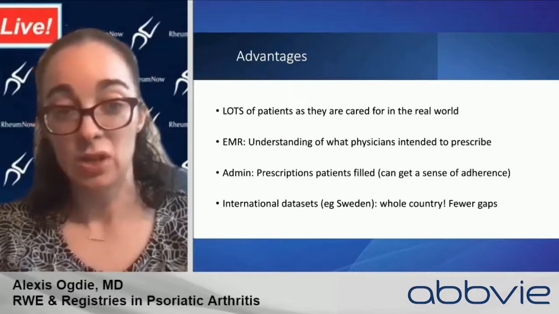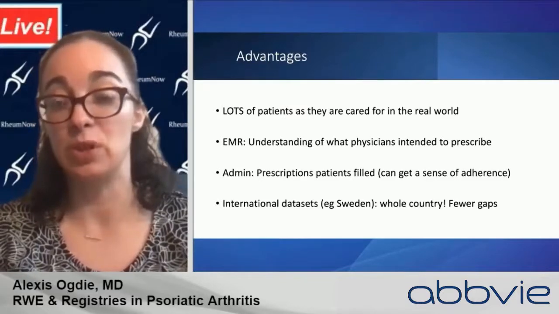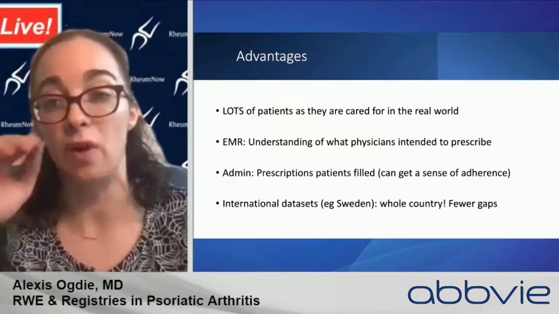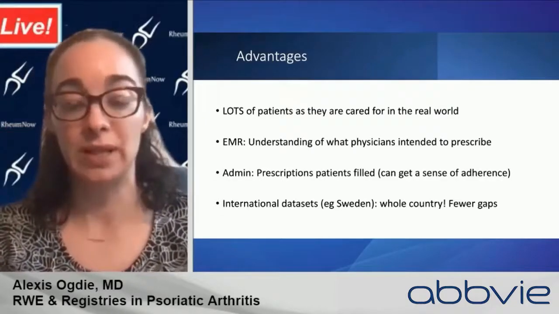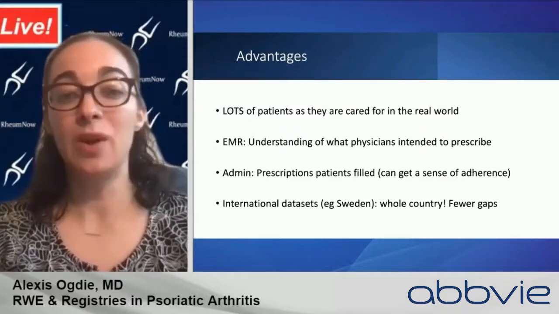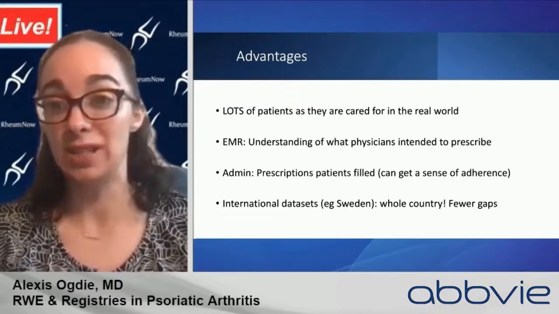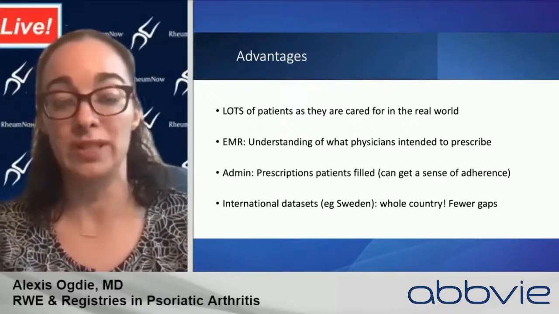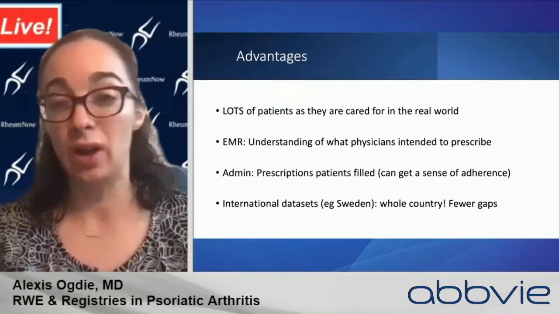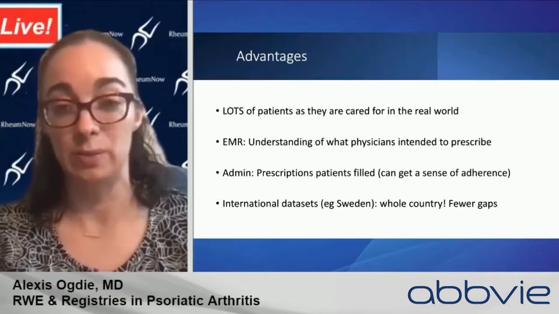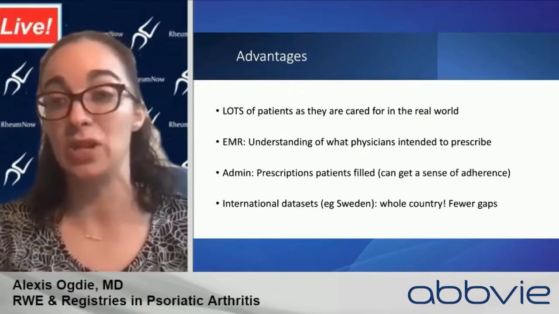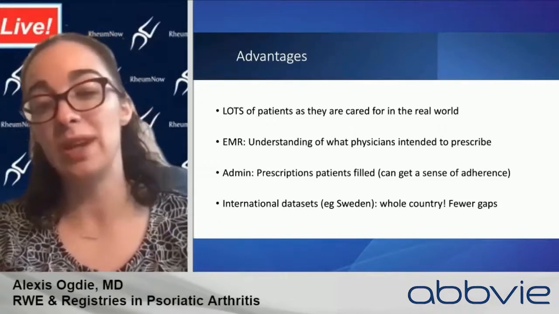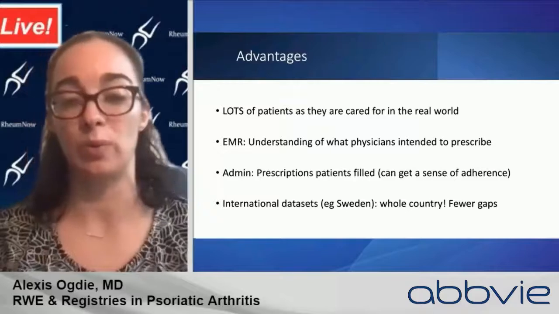administrative database. So in administrative data, you get a sense of the prescriptions filled, and you can understand adherence a little bit by how far between prescriptions someone picked up their next prescription. And then we have international data sets outside of the United States, like Sweden or Norway, for example. They have single payer healthcare systems where you can get a lot of data about the patient all in one data set, which is really exciting. In the United States, we're kind of doing much more patchwork when we're putting together data